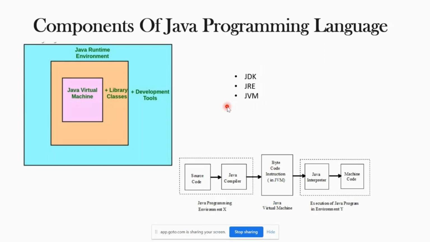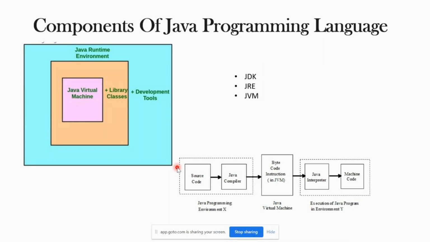The abbreviation JVM stands for Java Virtual Machine. I already told you, you will write code in a way that humans can understand. Once you write the code, your file will have an extension of .java.